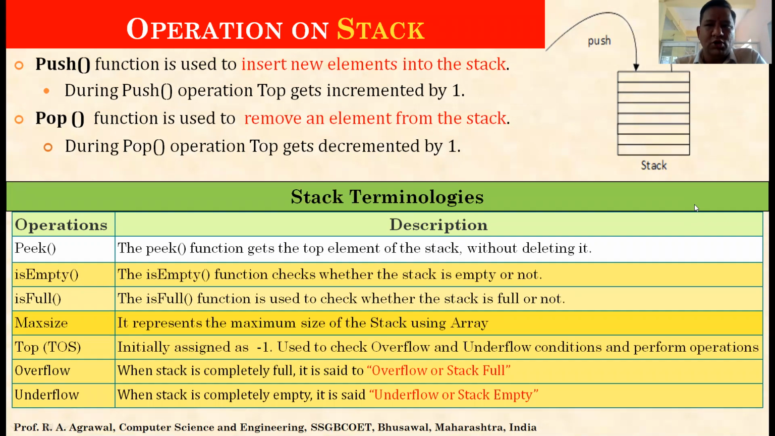So push adds an element to the top of the stack. During the push operation, you have to specify a value which is to be added to the top of the stack. But for pop, an already existing value from the top of the stack will be deleted. During push operation, top will be incremented by 1. During pop operation, top will be decremented by 1. Basic terminologies which are to be kept in mind whenever you are performing operations on the stack are: